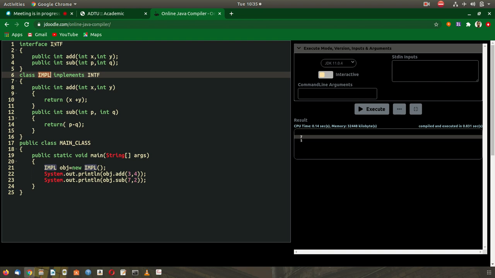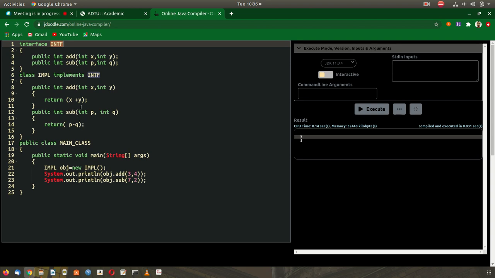So firstly we have an interface. This interface is implemented by the class IMPL. So an interface has to be implemented by some class using the keyword implements. This class has to implement both the functions, add and sub.